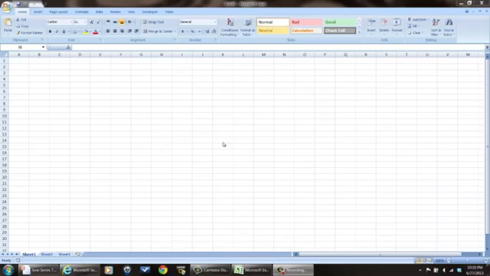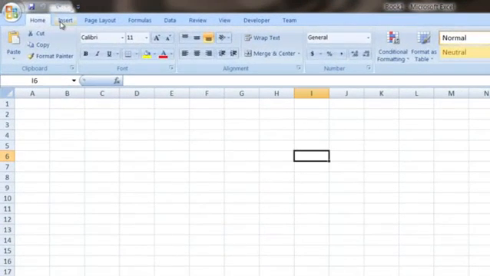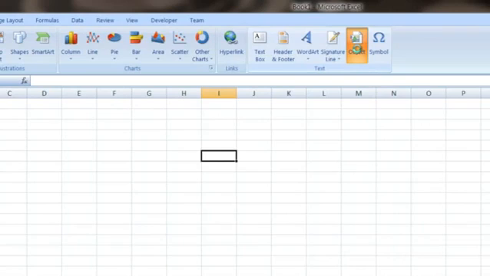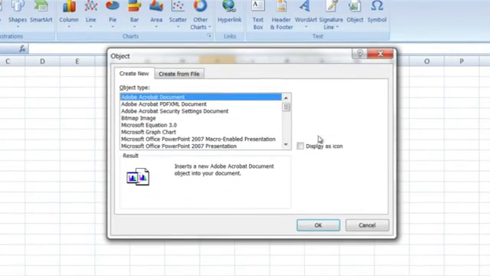I'm going to show you how to embed a Word document in Microsoft Excel. Now, the first thing you want to do is bring up Excel and open up your spreadsheet. Then go over to your Insert menu, go Insert, Object, and then once that comes up,